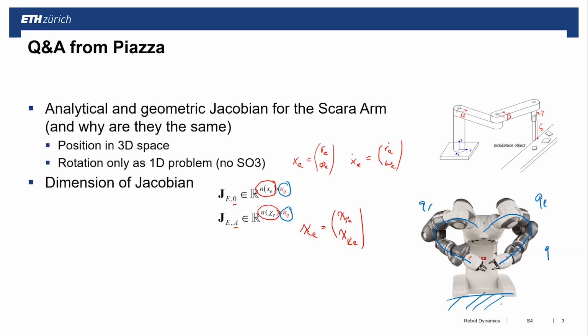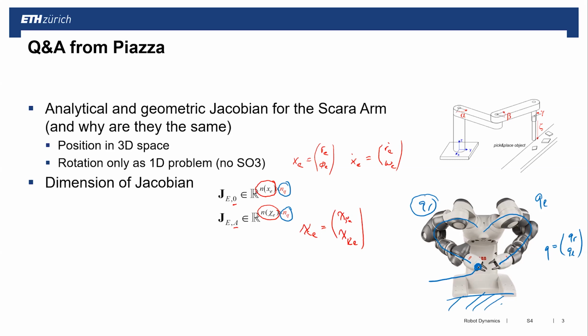So if I have my complete set of generalized coordinates, these are the q's of my right arm and my q's of my left arm. If I want to derive now the Jacobian of that one end effector, which obviously only depends on this right hand